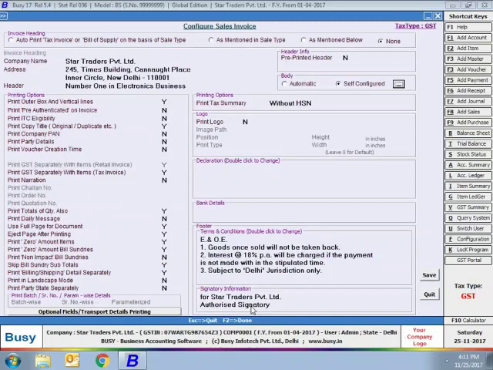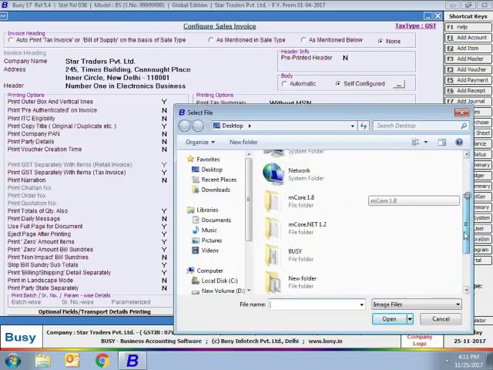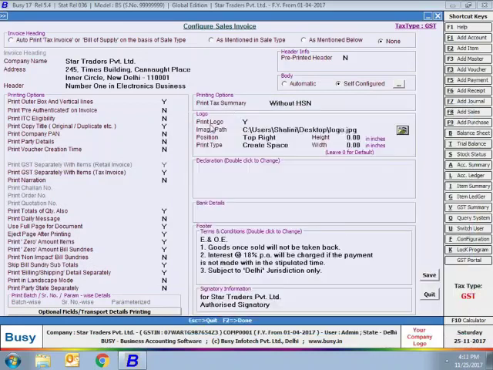Next is printing option. Here you can specify how you want to print the tax summary, that is without HSN, with HSN, in line, old format. You can select the appropriate option as per your requirement. Then is logo. If you want to print your company logo, then you can specify yes in the print logo field and then specify the path of the logo. That is, wherever you have stored the company's logo on your computer, you can specify the path of that particular file.